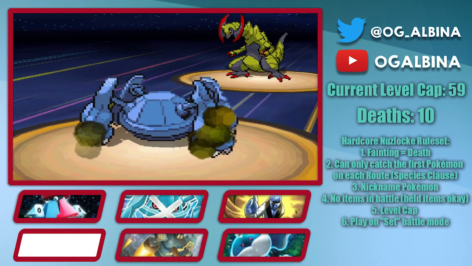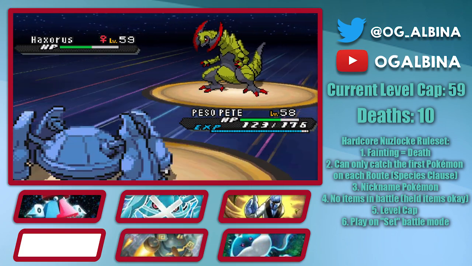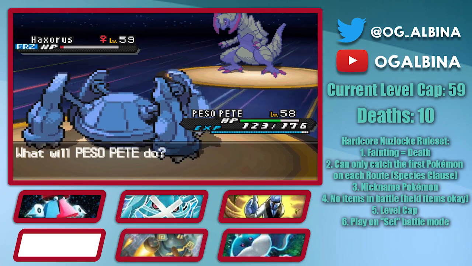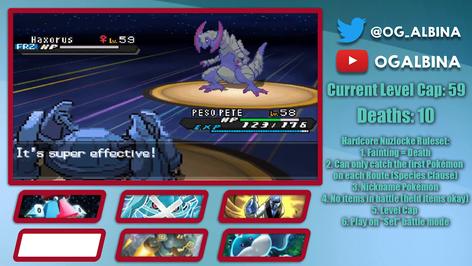Next, I go into my Sugar Berry Metagross, chew an EQ, and get a big Ice Punch off, but it just barely misses out on the KO. But then, freeze. Finally, some good RNG. Praise be to RNGesus. We KO the Haxorus the next turn to another Ice Punch, and lastly comes out Archeops,